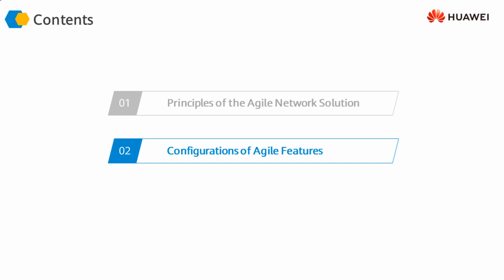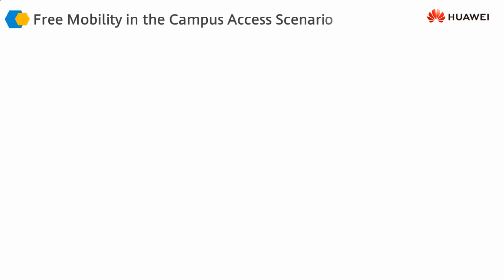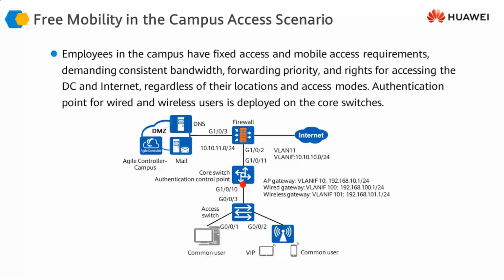Hi, let's take a look at the configurations of these agile features on our network infrastructure. If you look at this picture, you can see that the same users, the common users or the VIP users, can access the infrastructure either through wireless access methods or through the wired medium. Whatever the access method is, whether it's wired or wireless, should not matter, and the users should be getting the same experience from the network infrastructure as they are getting from